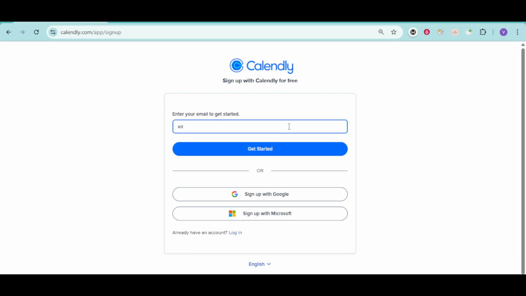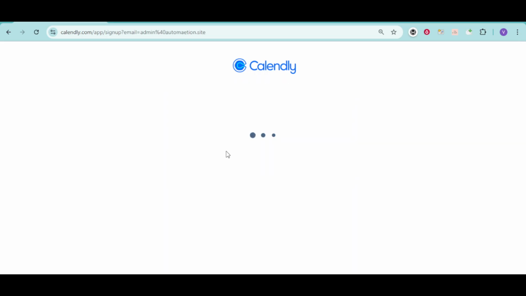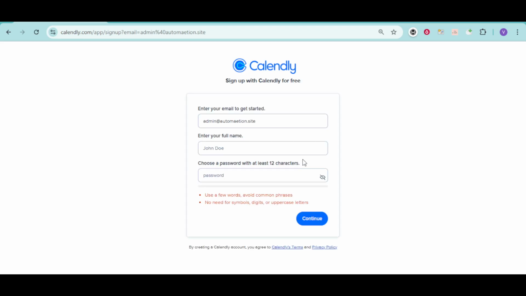If you already use Google Calendar with a Gmail or Google Workspace account, click Sign up with Google. A new window may pop up asking you to choose which Google account you'd like to use. Select the account you want, then follow the prompts to give Calendly permission to access your calendar. This connection allows Calendly to automatically check when you're free or busy, so it only shows available time slots to